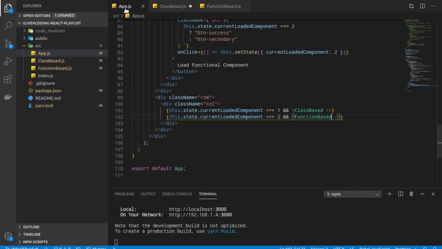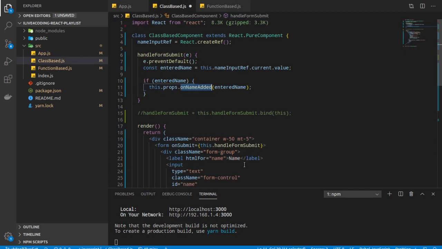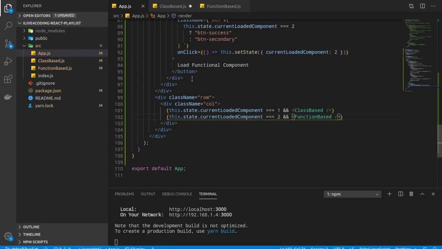A function which is created in the parent needs to be passed to the child component, and whenever we want to pass the child component's data on any event, we call that function.